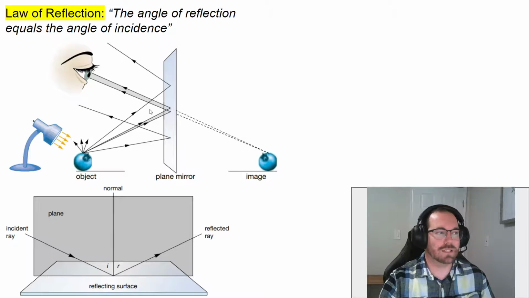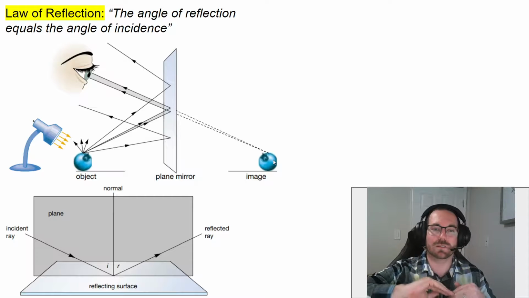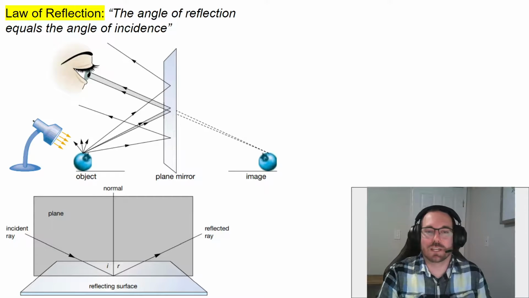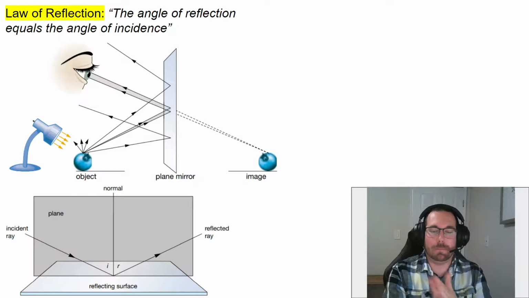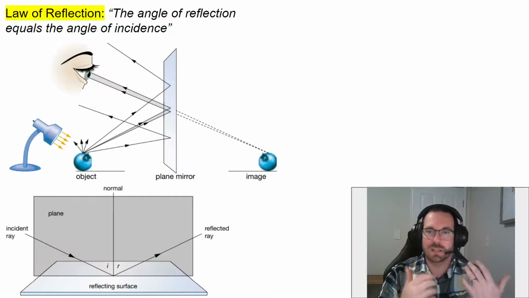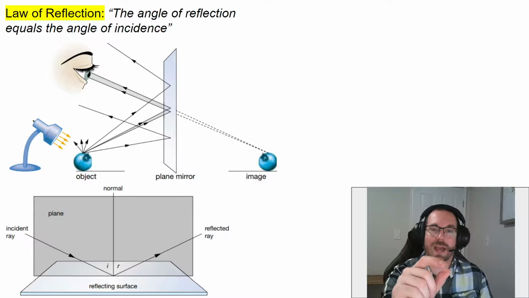What's crazy about it as well is that when we are seeing the blueberry in the mirror, we're actually seeing an image of a blueberry that looks like it appears behind where the actual surface of the mirror is. And this is the way that mirrors work, right? They bounce or reflect the image of the object so that it doesn't necessarily appear in the spot that we think it might. It allows us to look straight ahead in order to see something that might be behind us.